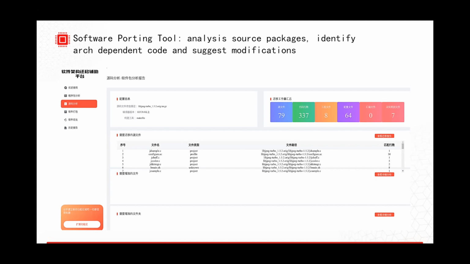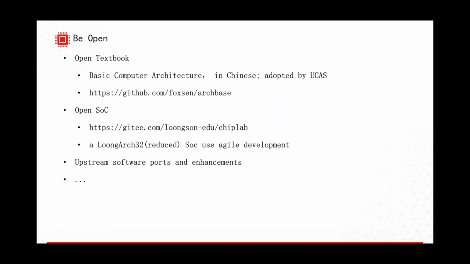This will greatly speed up the porting of all small packages. And we are trying to be more and more open. We have an open textbook based on LoongArch, and we have open SoC chip design for LoongArch. We upstream most software work.